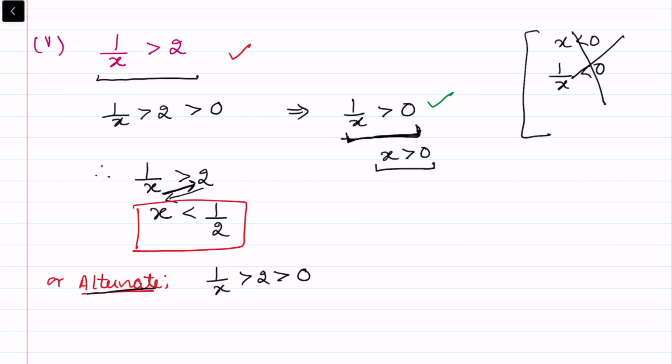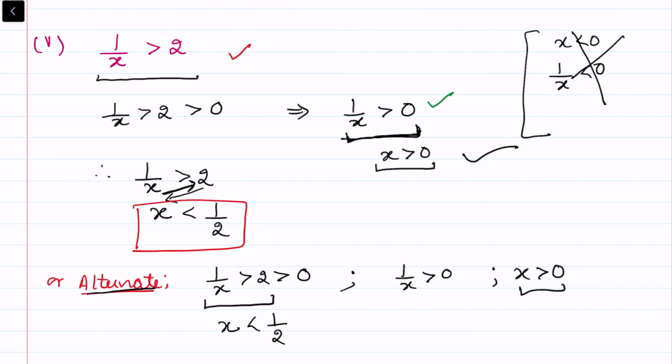It is greater than 0. So this means 1 by x is greater than 0, and so x is greater than 0, the same argument that I have just given here. In this case, because x is greater than 0, simply reciprocate this quantity. So this becomes the answer, because x is positive, so I can change the numerator to denominator.